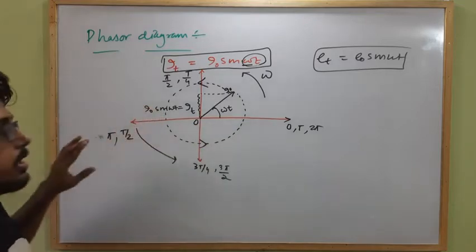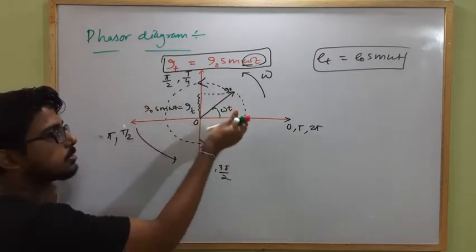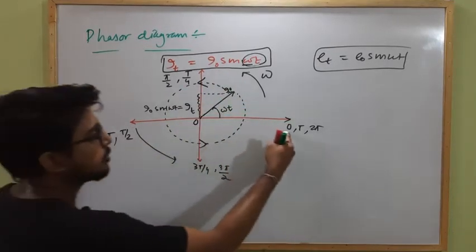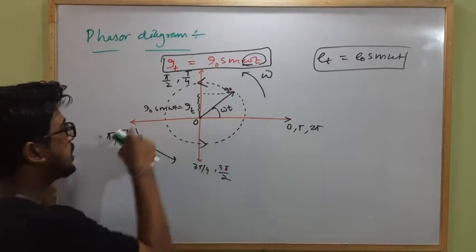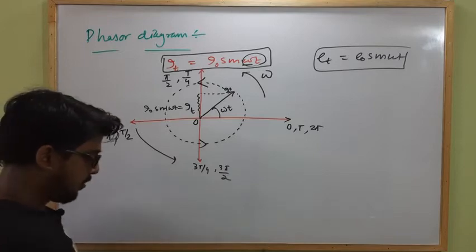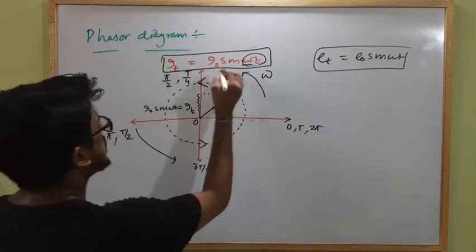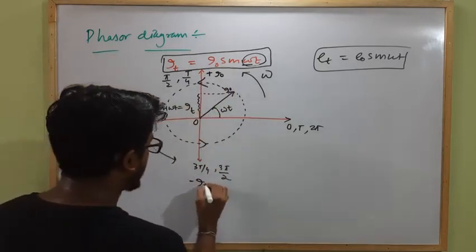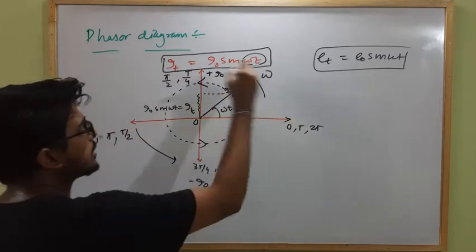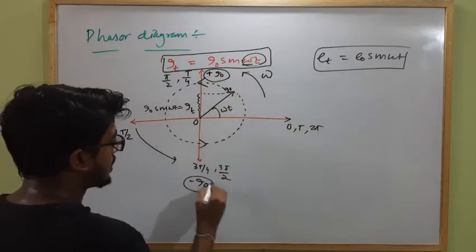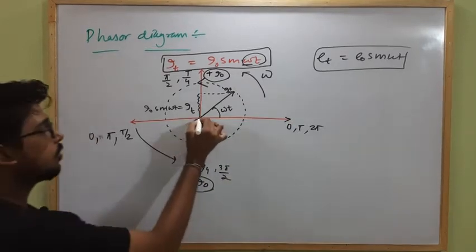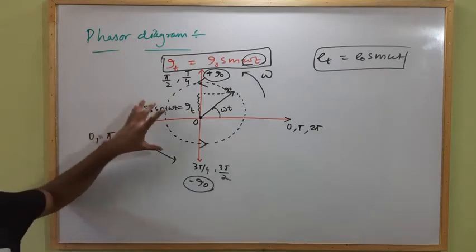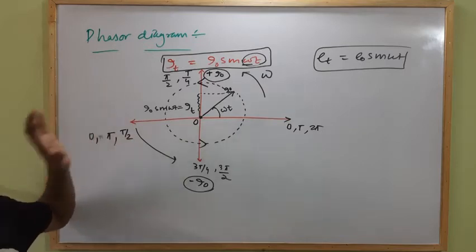The instantaneous value. Here O is the mean position and the vector starts rotating at t equal to 0 if initial phase is 0 from positive x-axis. Clear? This corresponds to the position 0. This is T by 4. Here it is T by 2. Here it is 3T by 4. So if we are starting from here, this value will be 0. This will be I naught. Again this will be 0. This will be minus I naught. Again this will be 0 for alternating current. This is the value of positive maximum. This is the value of negative maximum, and O is the mean position. Clear? So this is a phasor diagram in which we can represent the alternating EMF or alternating current.